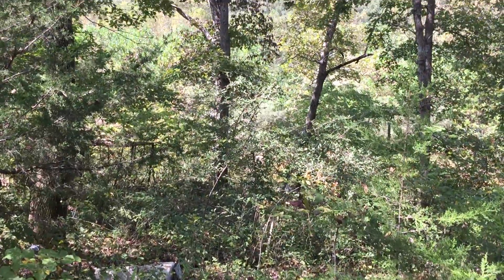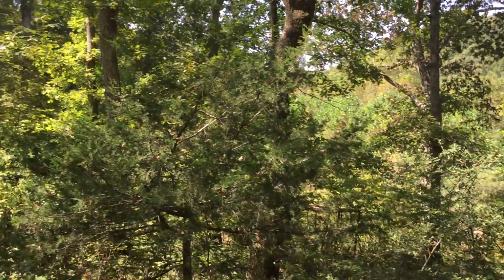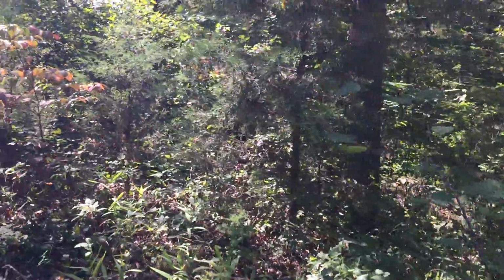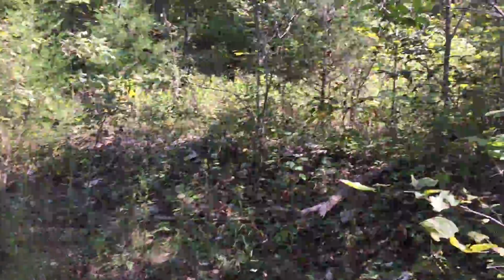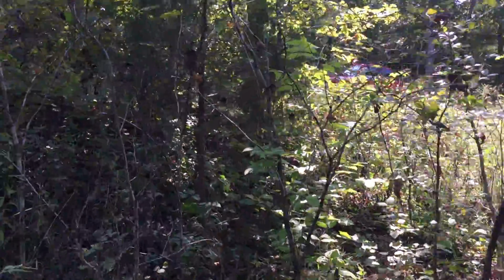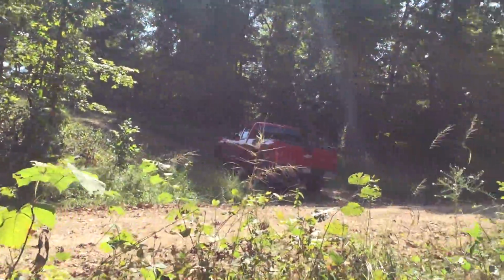Quite a bit of mature timber, which I didn't even realize. I mean, we've got some big trees on this property. So that's good. Hickory, walnut, there's some big walnuts, and of course oak trees. So with just a few hours work with probably a brush hog or a big weed whacker, this could be whipped back into shape. Nice thing is the power's right here, the phone is right here. That well